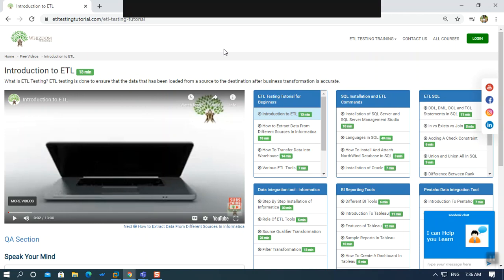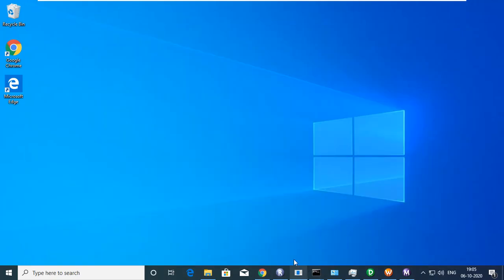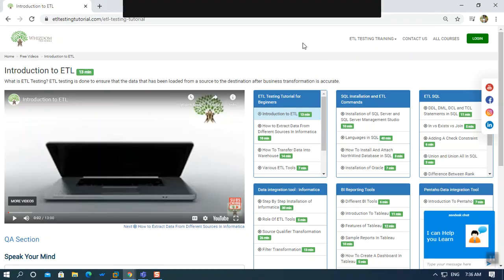Yeah, the same thing happened with me. Seriously, what happened yesterday was that there is no space in my PC. I have installed Panto, I have installed Informatica, and there is a lot of stuff. So what I did, I created a virtual machine, and then I'm working in Informatica there because there's a lot of things in my PC and there's no space at all. But for creating a virtual machine also you have to have the setup, and we have bought the license key of this VMware. That's why I'm able to create it.